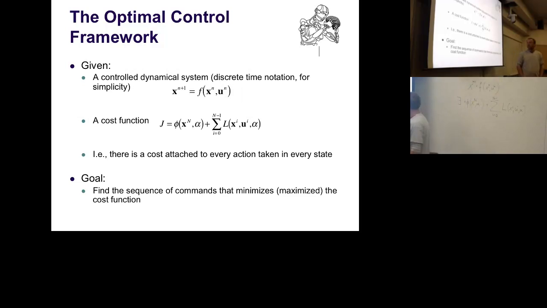Okay. And what we want to do in the end is find a sequence of motor commands, and people often write it as u from 0 till, in our world, N minus 1. The sequence is just a vector of motor commands which optimizes this cost function. So that's the generic setup, not too complicated.